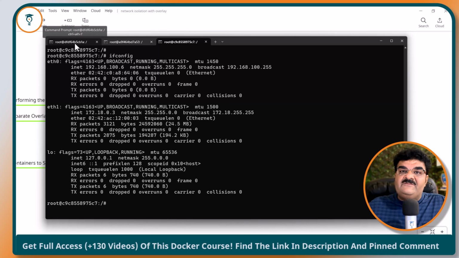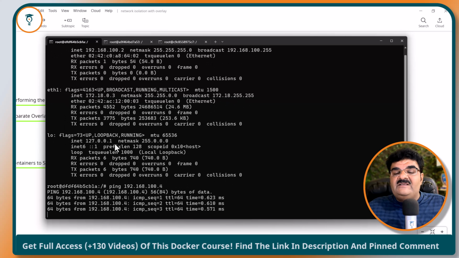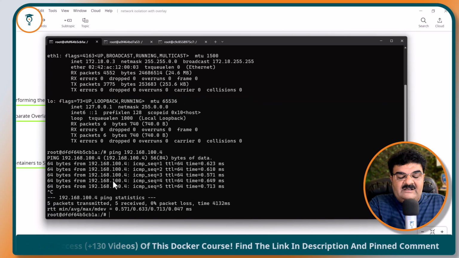Now I want to verify whether they are going to communicate with each other or not. So going to the container A1, here I am going to ping 192.168.100.4. So yes, A1 is able to communicate with A2. Now let's check out ping